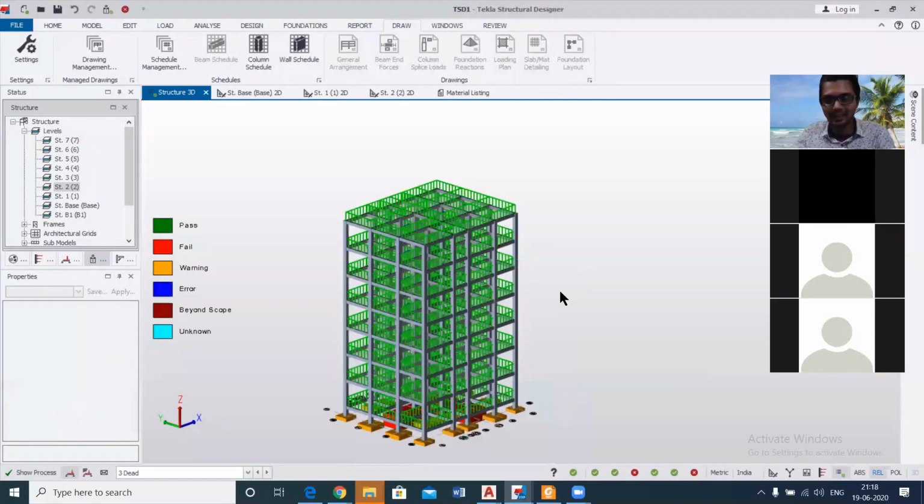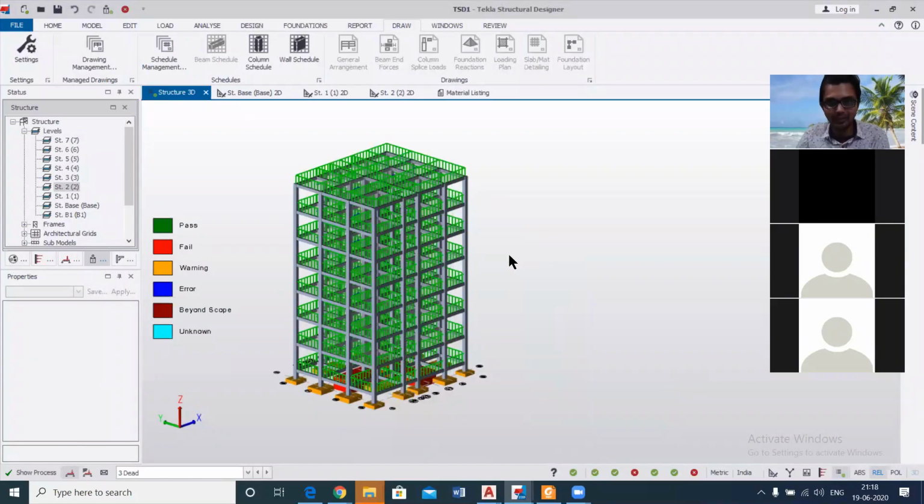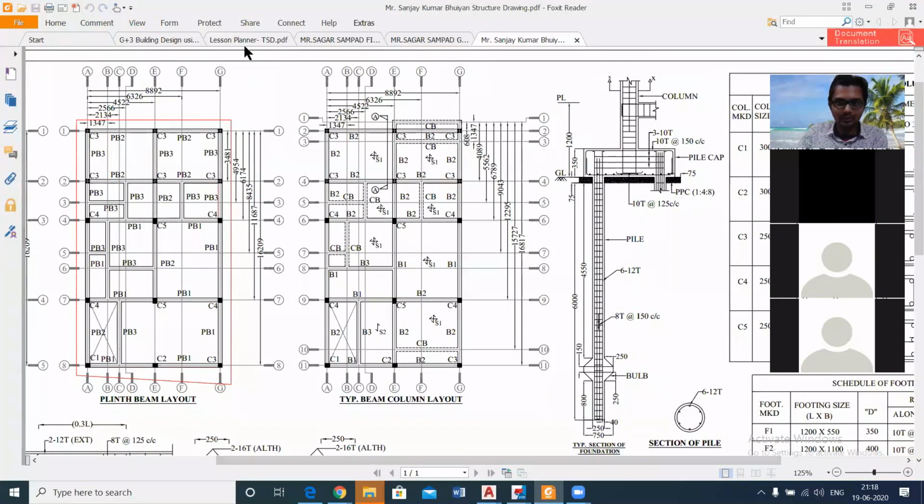So basically we had seen this software, and now we can discuss about the course. So let me take you through the course content.